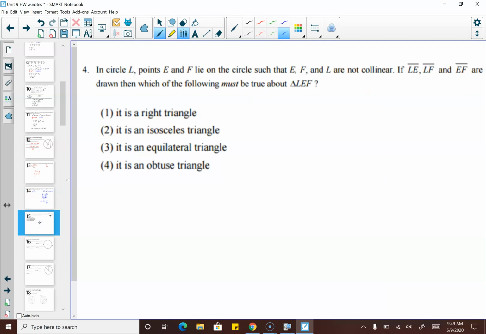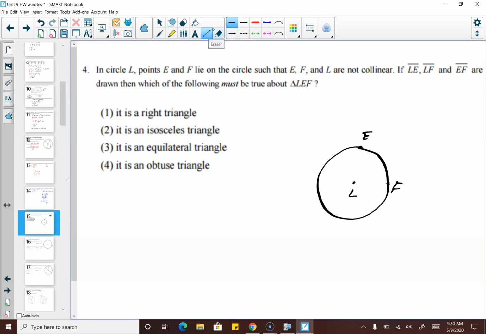Number 4, in circle L, points E and F lie in a circle such that E, F, and L are not collinear. So in other words, they're not a diameter because they're not in a straight line. If LE, LF, and EF are drawn, which of the following must be true about our triangle? So it's circle L. So L goes in the middle, and then E and F are just points on our circle. All right. Now it says you connect the 3 of them here to make a